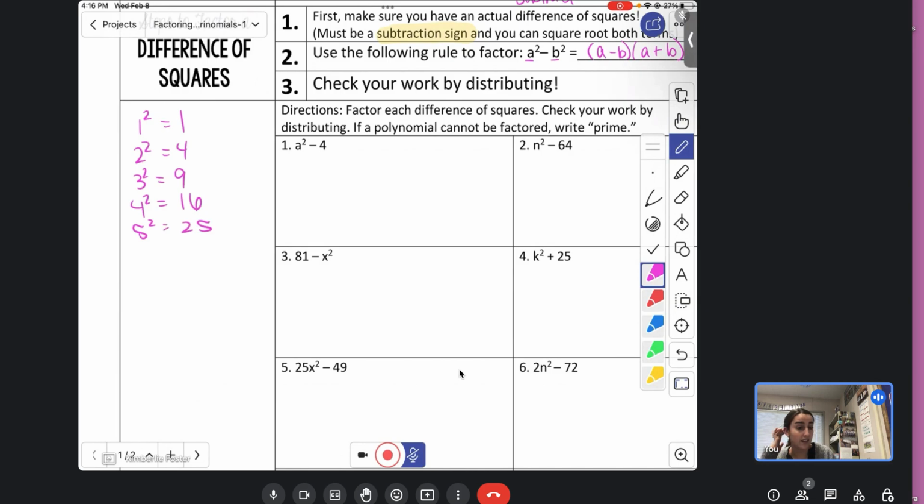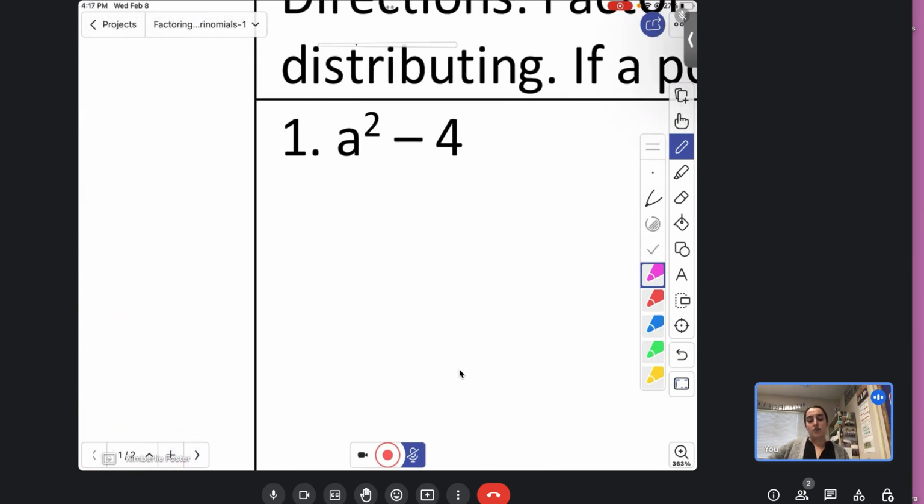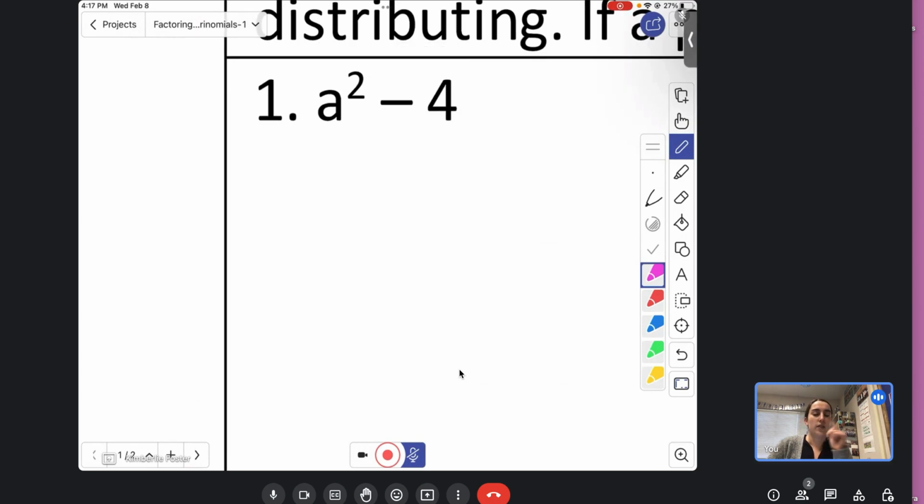1, 4, 9, 16, 25, 6 squared is 36, 7 squared is 49, 8 squared 64, 9 squared is 81, 10 squared is 100. All right, these are all numbers that we need to be able to recognize as perfect squares. Okay, so when I'm factoring this, first thing I notice is that there's only 2 terms instead of 3,